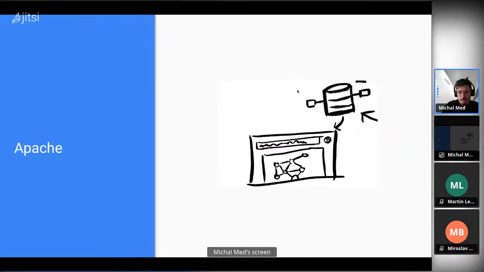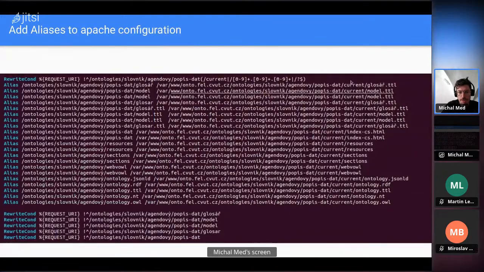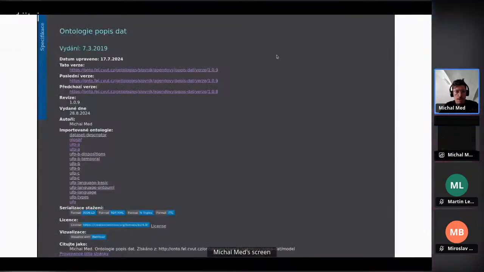And then we just need to set up Apache to publish the documentation. So basically, we just need to use all the aliases. We have encountered some problems with Apache previously, but in the last presentation, I said what we have to set up. Basically, we need to create an alias and or rewrite conditions for every page you want to access directly from the documentation. So you need to have here a lot of lines,